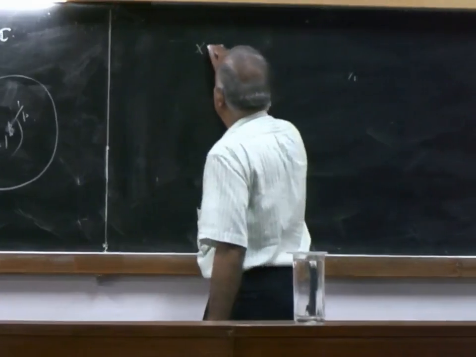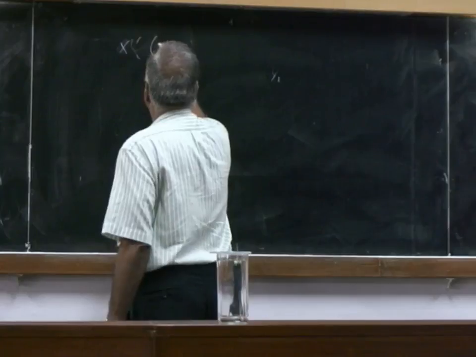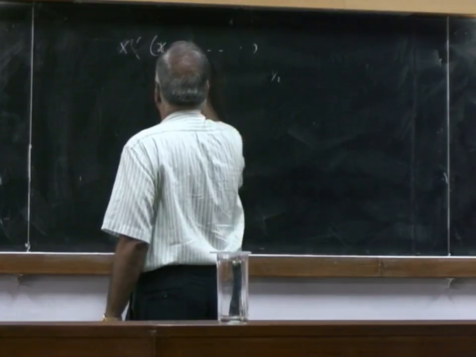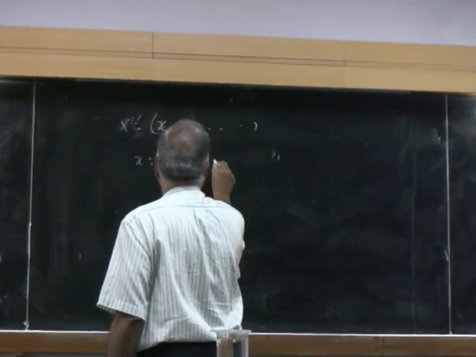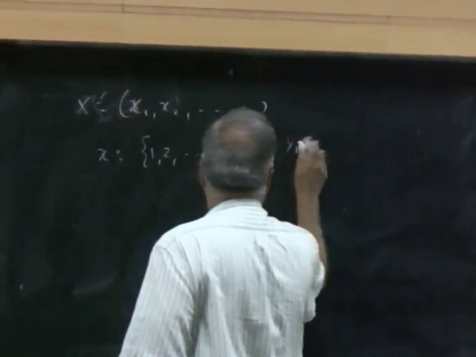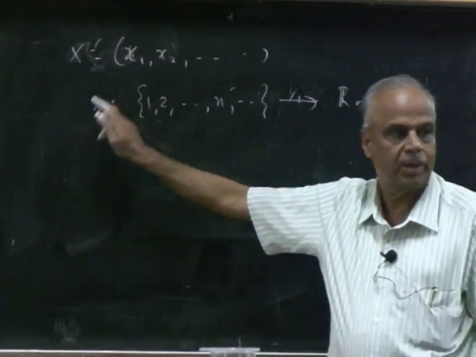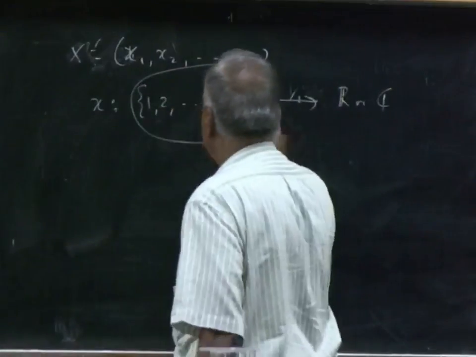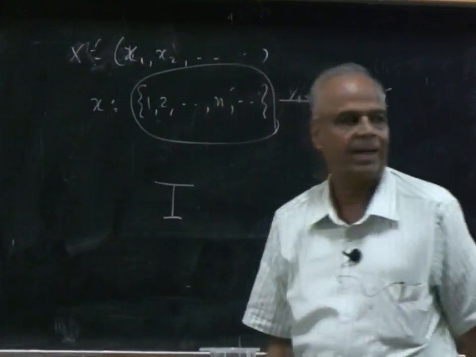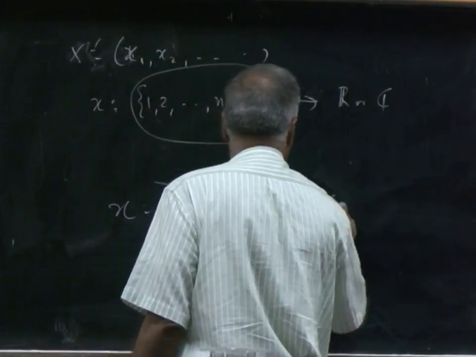You can take the vector 1, x1, x2, etc. We can think of this as a function from the set 1, 2 and any sequence, etc. to the real or complex numbers. And the value at 1 is called the first component, the value at 2 is called the second component. So instead of this, suppose I have an interval I on the real line, and I look at real or complex valued functions,